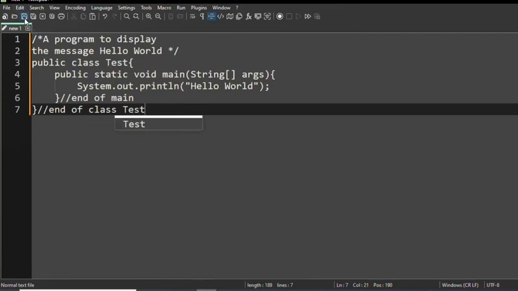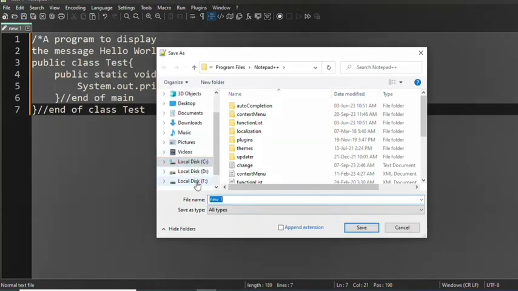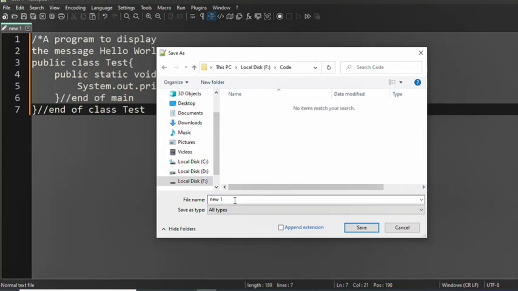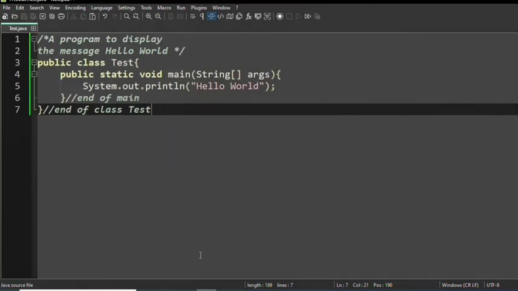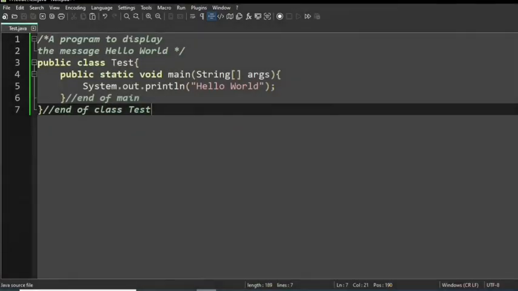Now save the program. So I am saving inside the folder code, and the file name is test.java. So here you can see only the test.java program is there.